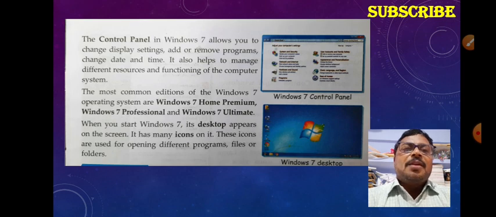The most important thing is that Windows 7 comes in different editions: Home Premium, Professional, and Ultimate. When professionals, such as a big organization or company, want to use Windows 7, they will purchase the Professional edition. But a simple user, for academic purposes, for students, and for simple use at home, uses the Home Premium edition. So different editions are provided. Now you can see on the screen in this video tutorial the first screen of the Windows 7 desktop.